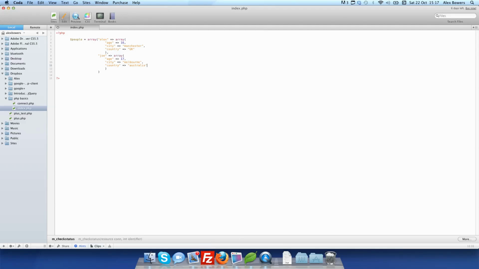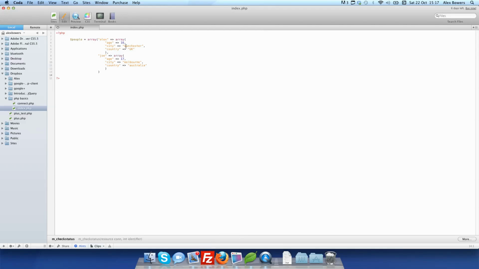So what we have there now is two different arrays going, but that is considered to be just one array, and that's why it's called a multi-dimensional array, because it has an array inside an array, and that can go on for an infinite number of times. So you could have an array inside an array inside an array. So city, you could have city lived. You could have an array in there which has, say, Manchester, and then several other cities where I may have lived before,